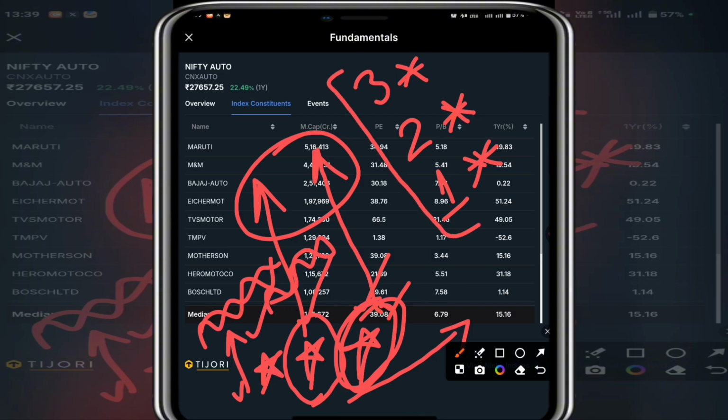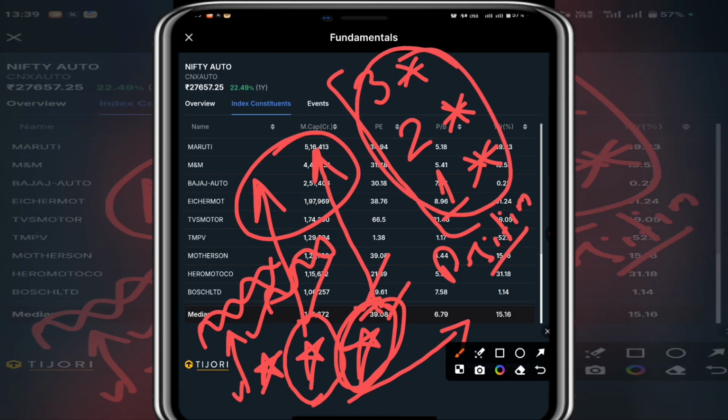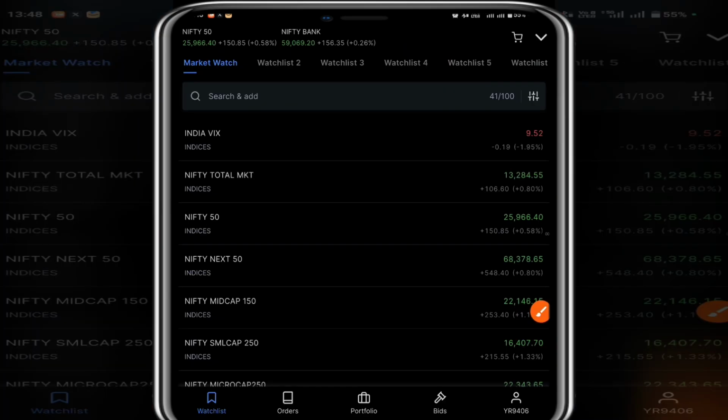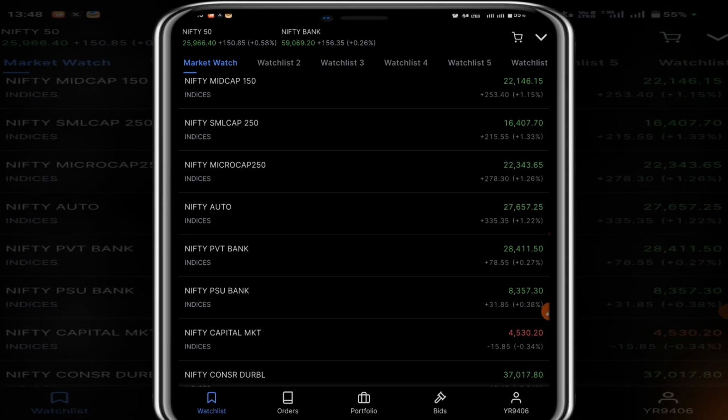So the position sizing will depend on your star rating. As we are a systematic trader, we create rules and trade on those rules. So we can include these principles also in our systems. We want to use machines or algorithms. It may be configured. So I suppose you have now understood why I have added these indices to my watch